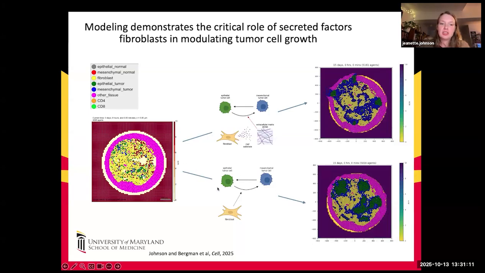So when this assumption is in place, then you see these much bigger proliferating pockets of these green cells than you do here. Here you see some, but they're not pushing out and this large. So anyway, I think those are sort of right now the two main ways I can think to use PhysiCell spatial transcriptomics. Either you have an idea of how you think the system should work, and then you